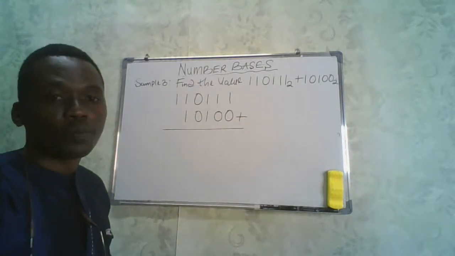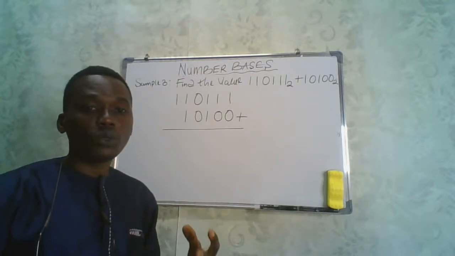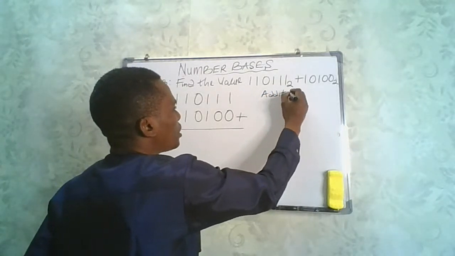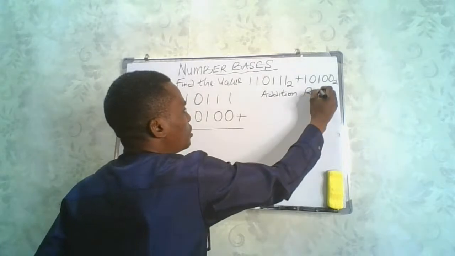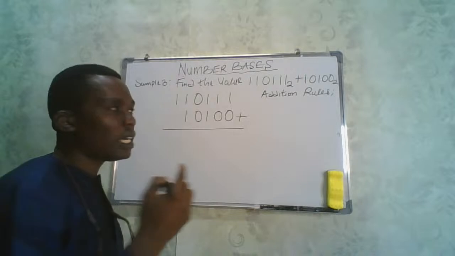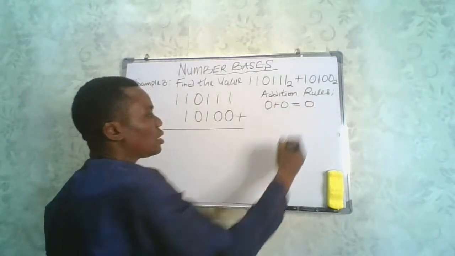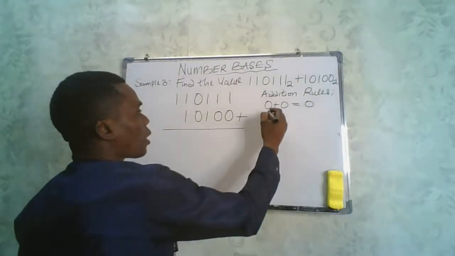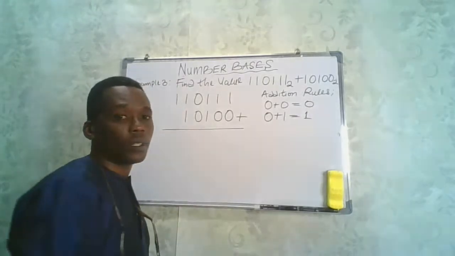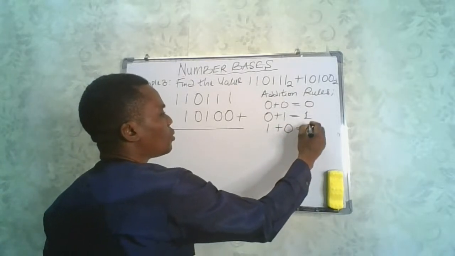So what do we do when adding these two things? Now let's flash our mind back to the rules of addition. I did say this when we were talking about the keynote, but we're going to see how this unfolds. Now, in our rules, we are going to consider this rule. 0 plus 0 during addition is equal to 0, right? 0 plus 1 during addition is equal to 1, right? Now, 1 plus 0 is equal to 1,